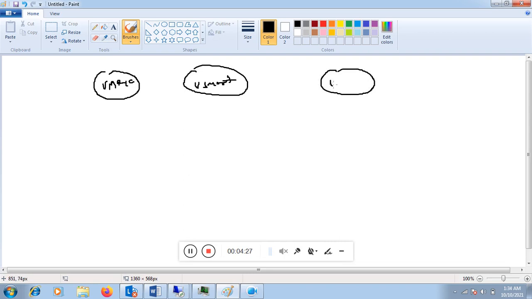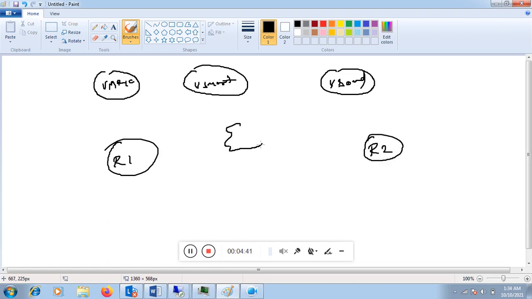These three components form the control cluster. Now let's say you have a router R1 at site 1 and router R2 at site 2, and you have MPLS as a transport for connectivity. R1 is connected to MPLS, R2 is connected to MPLS, and the control cluster is also connected to MPLS.